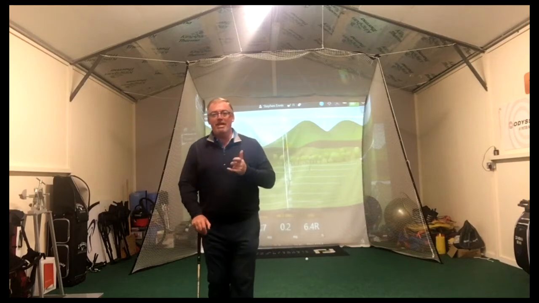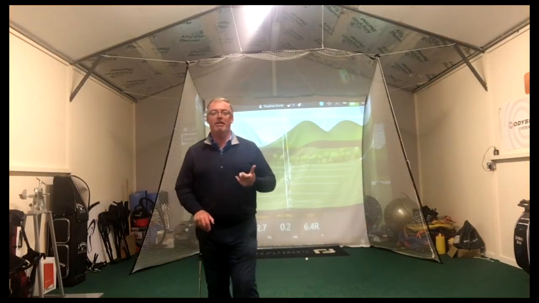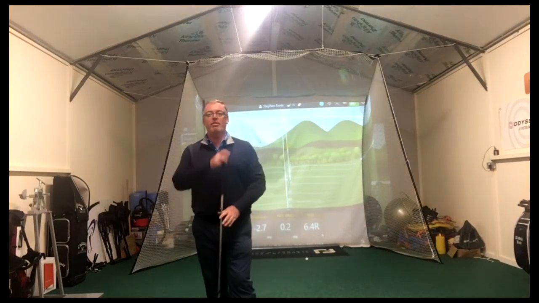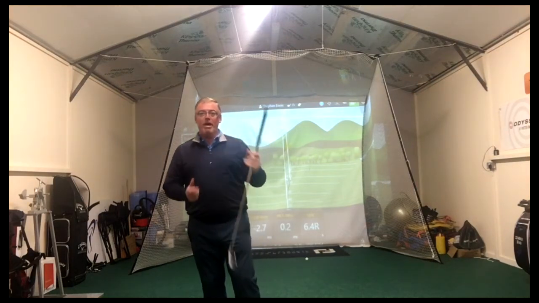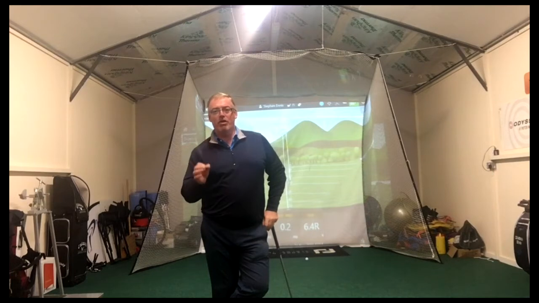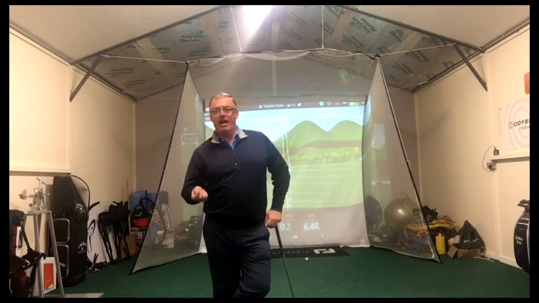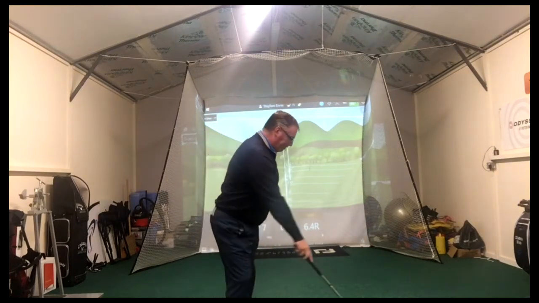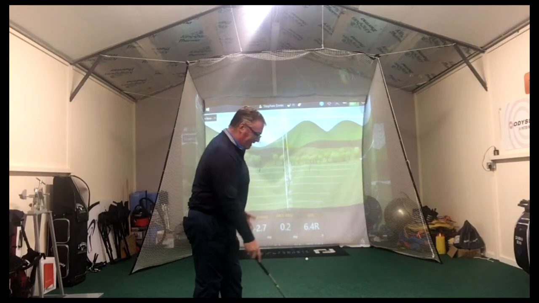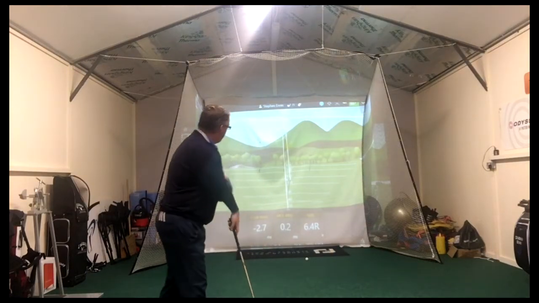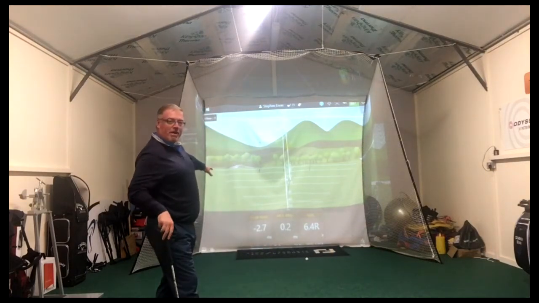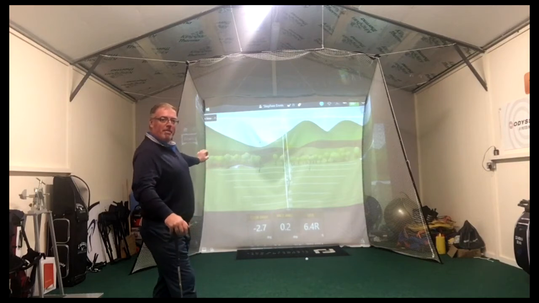Where I find the big issue lies is in the club face. People have no idea where it's pointing. This bad boy, left, right, where is it pointing? It's a huge controller of where the ball starts and where it curves. So, if we take the player who comes in who has a cut swing, when we see that on TrackMan, our club path will be a minus number, a negative number.